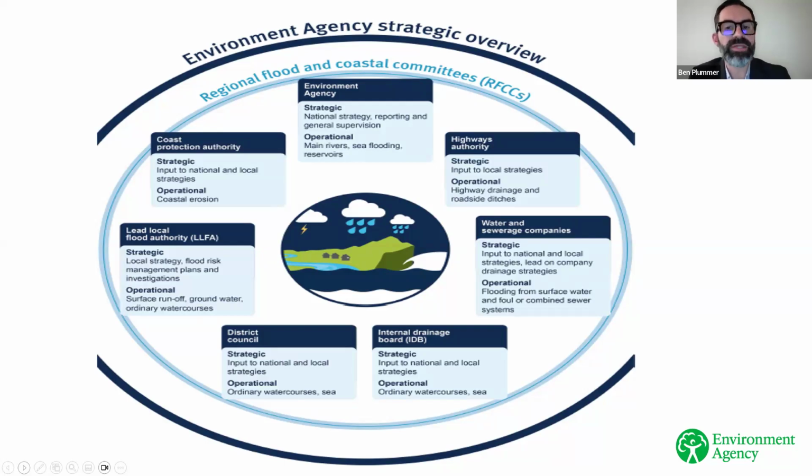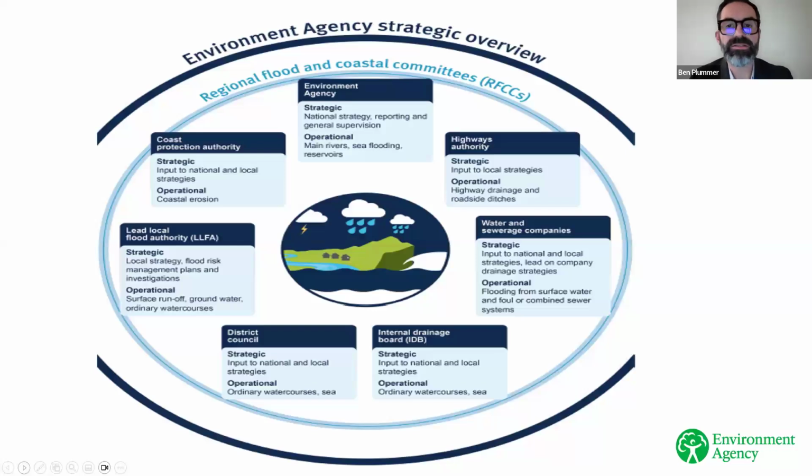It started with quite a basic approach to managing present-day river and sea risk, and it's progressed to what we have today, which is a much more sophisticated approach that considers multiple sources of flooding, both for today and for the future. Much of our flood risk information has been continuously improved over time and will continue to be so. As a result, the planning system has now become quite accustomed to handling changes to our understanding of risk.